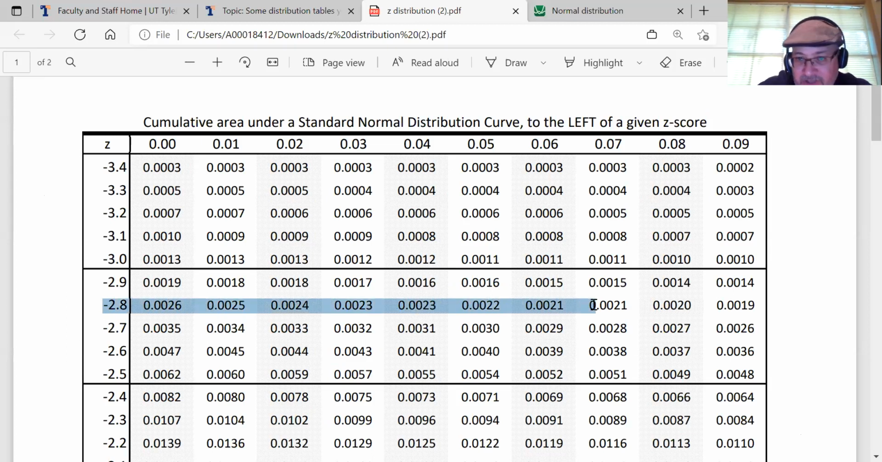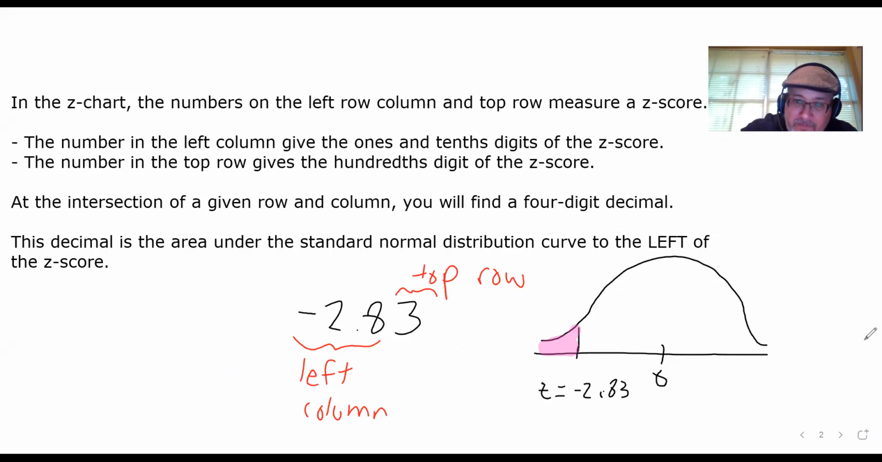So somewhere in here is that area that we shaded in. But the second decimal digit was 3. So we look in the 0.03 column, and the intersection of this column and that row is 0.0023. That means that this area is 0.0023. So in context of probability, that means the probability that z is less than negative 2.83, if you have